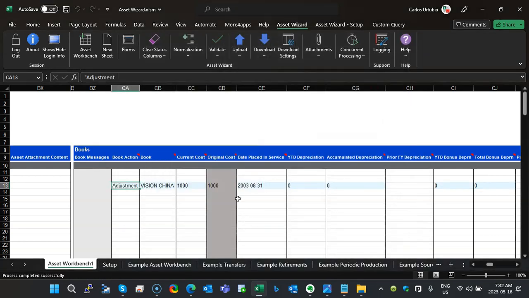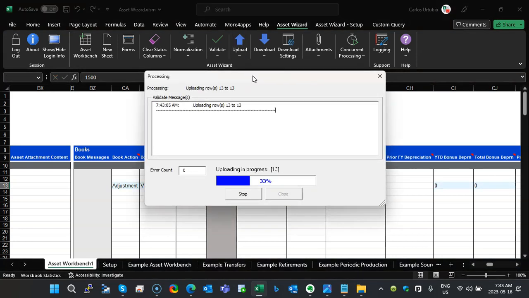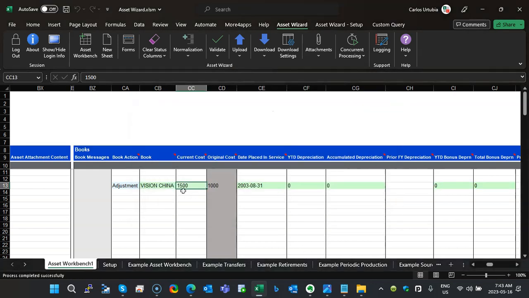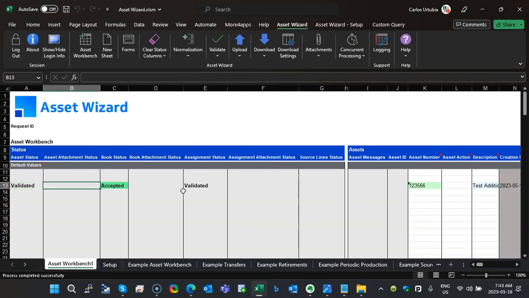Then I could say, for example, that the current cost will be like 1,500 instead of 1,000. That would be the only adjustment that I will do. And then I will say upload. The wizard will confirm if the change was accepted. And then now, if I go to see down again,